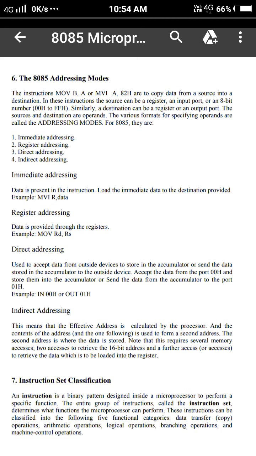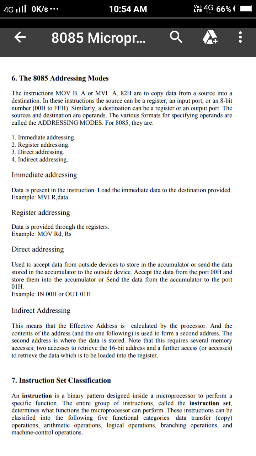This requires several memory accesses to retrieve the 16-bit address, and a further access to retrieve the data which is to be loaded into the register. Later on we will see its example, because it is quite complex. When you understand the instructions, you will be able to understand indirect addressing also.